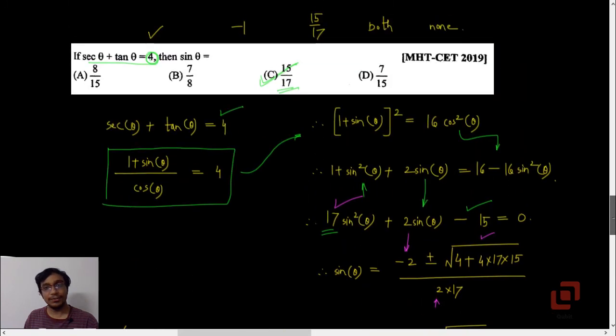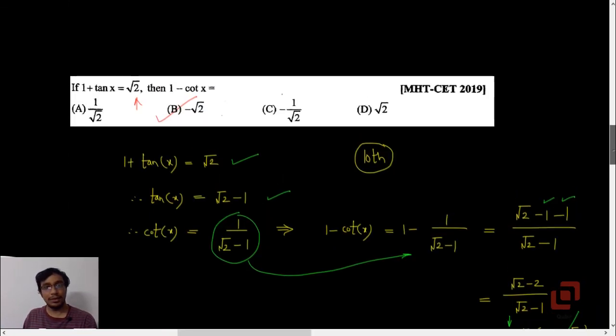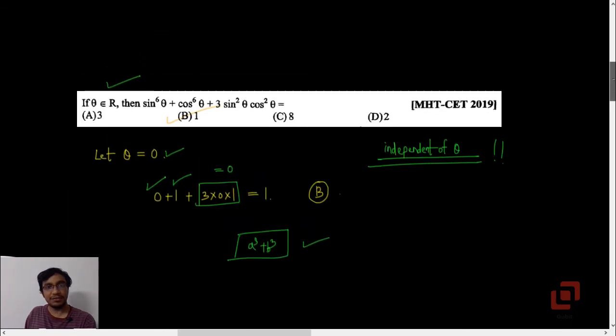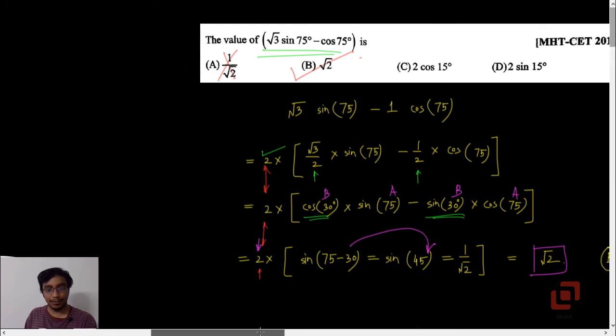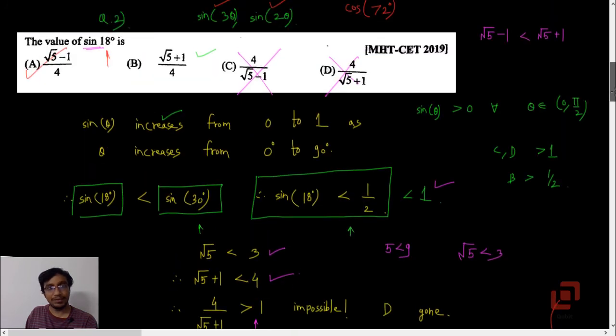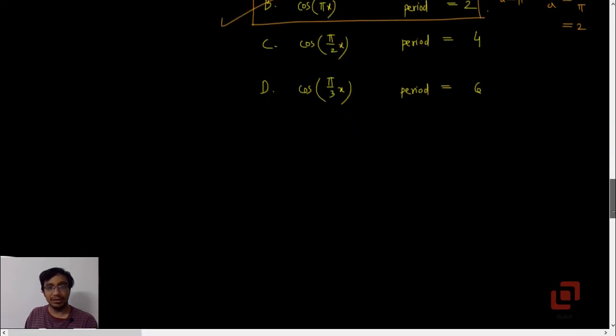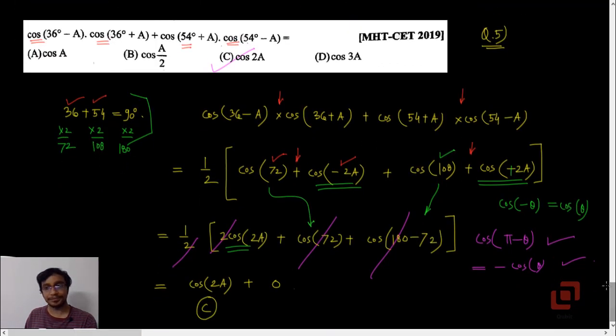So I think we have solved all the MCQs from trigonometry 11th standard, covering everything: allied angles, product to sum, sum to product, then simplifications and trick based MCQs, checking for options, properties of sine and cos, in particular for sine 18 and for periodicity. So I think I have touched all the topics from 11th standard trigonometry.